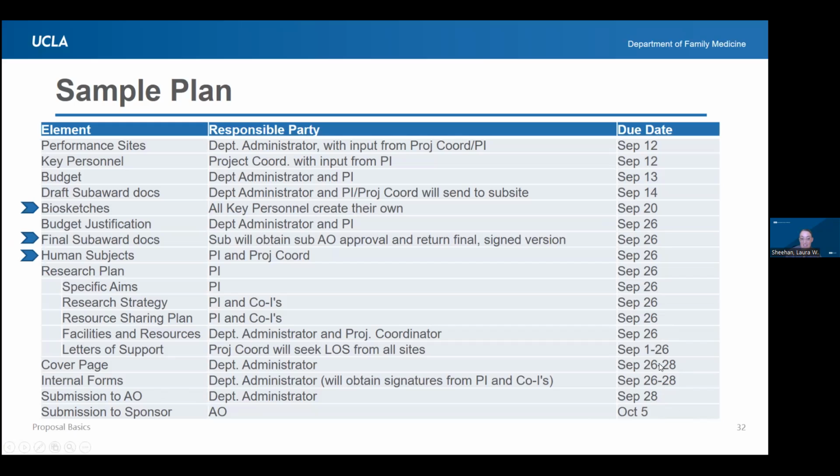Some areas to consider. These areas are going to take longer than you think, so budget extra time for them. Bio sketches, especially if you have a large amount of key personnel, give people time to not only create it, but to send it to you. You look through them, make sure they're correct, send them back for corrections, get them back again, build that time